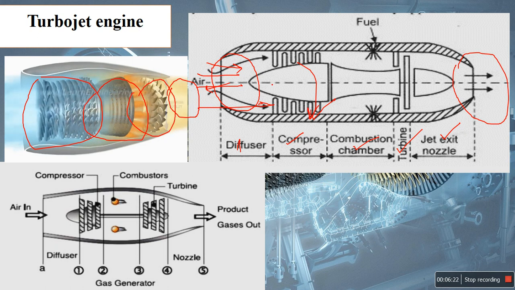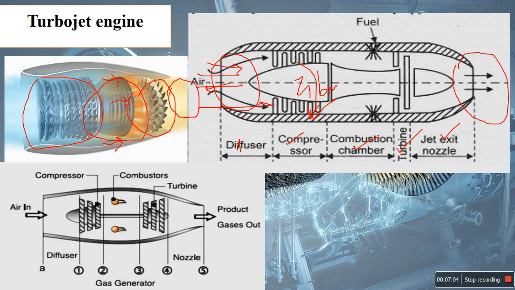Then it enters the compressor, where its pressure is raised up to 4 bar. Some partial pressure increase happens by the ram effect in the diffuser, and in the compressor the pressure increases up to 4 bar. The compressed air then enters the annular combustion chamber. We see here the annular combustion chamber and its outer casing, and we know that only 25% of the air is used for combustion, and the remaining 75% of the air is utilized to cool the combustion chamber.